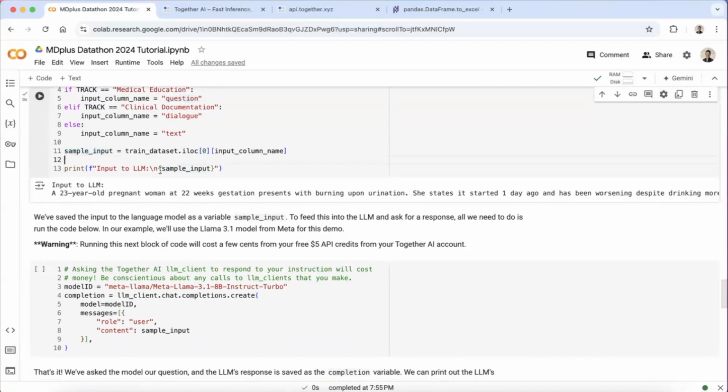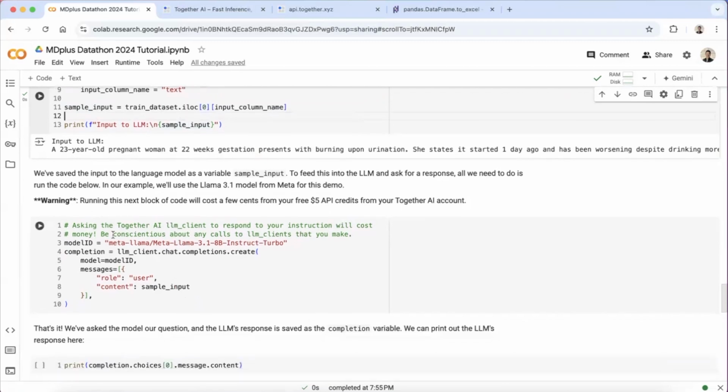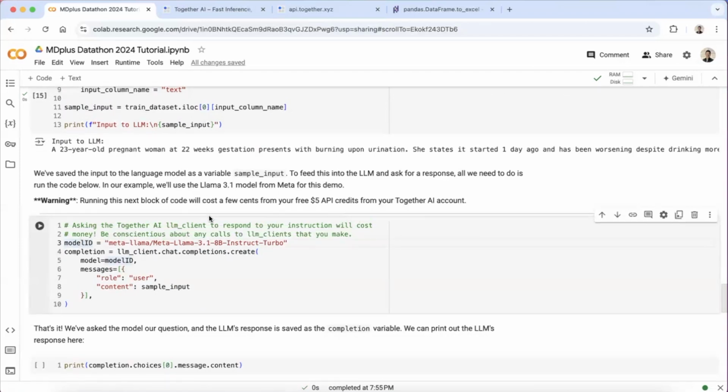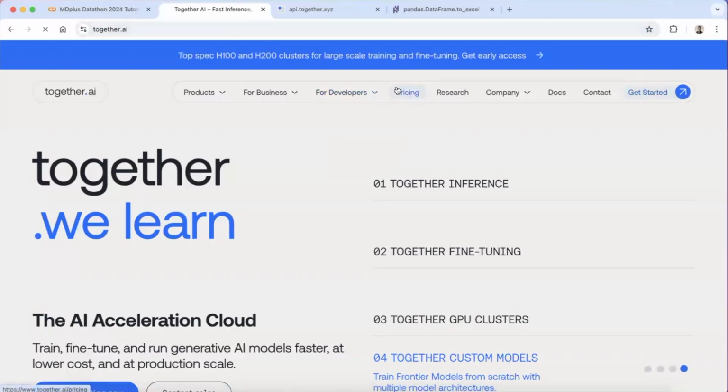We want to ask the LLM this question. We want to give the LLM this input prompt and get some response out. That's what this next block does. I'm explicitly warning you here: if you run this block, it costs a few cents. So you should look at the pricing page. There's a Together AI pricing page here